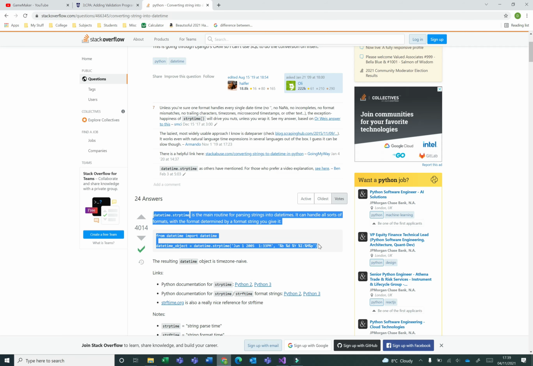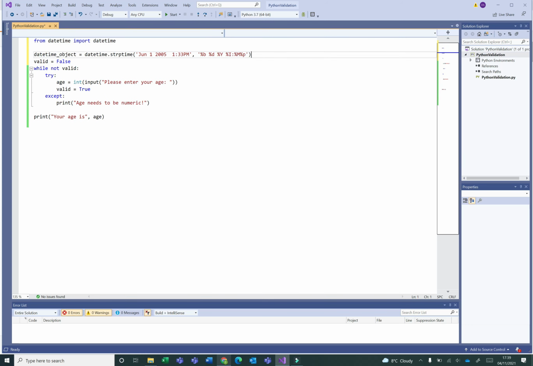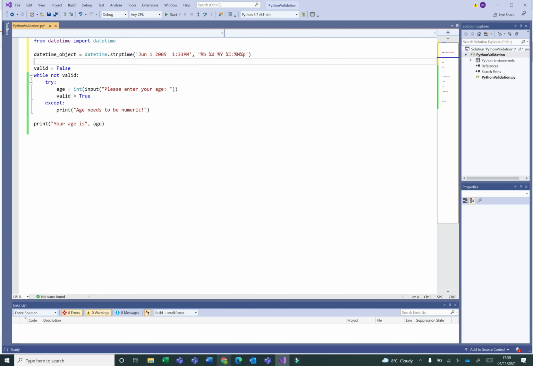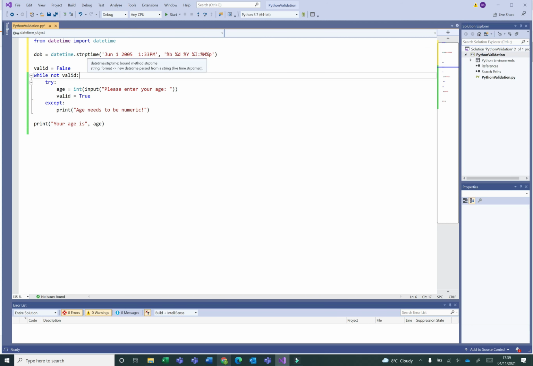So let's get someone's date of birth rather than their age. I'll call this the date of birth, and this is a string representation of time.